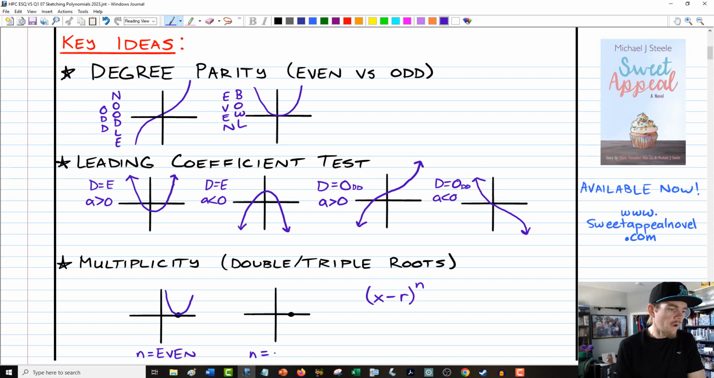I want to say it's a factor. If the power of that factor is odd, then basically it's going to produce what we call a slide. Basically, it flattens a little bit and then goes through. This one's a little harder to see. I think it's easy to sort of slide through it or just gloss over it